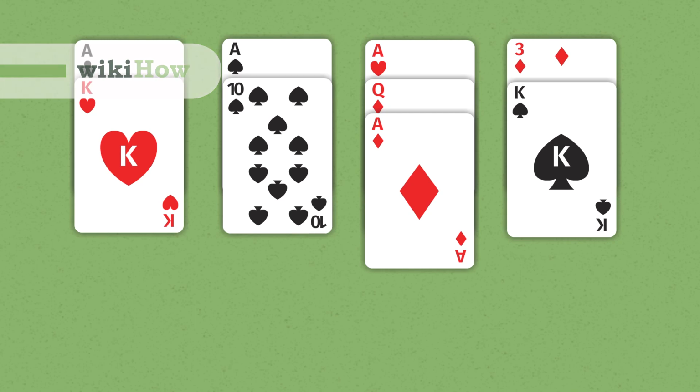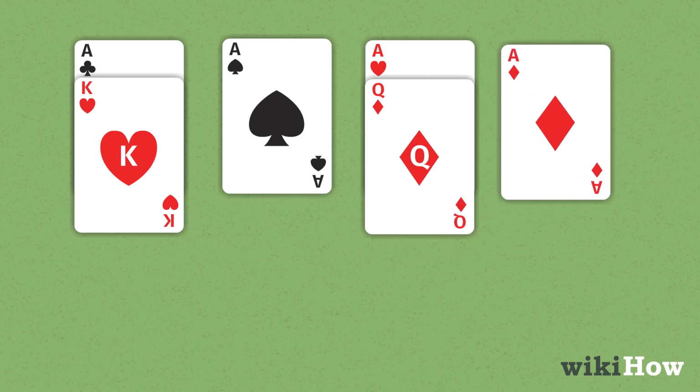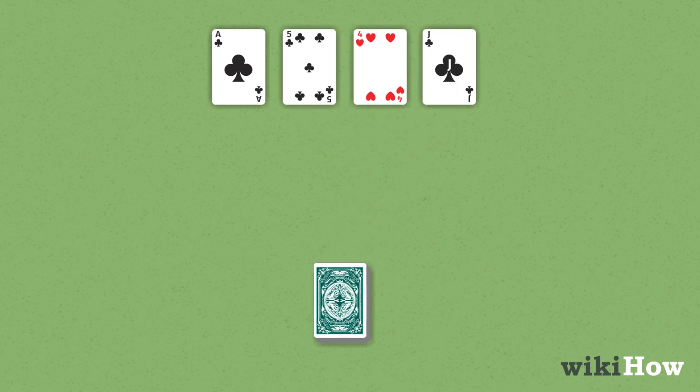Aces Up is a fun single-player card game where the goal of the game is to discard all of the cards on the table except for the aces. To play, first deal 4 cards face up in a row and set the rest of the cards aside to